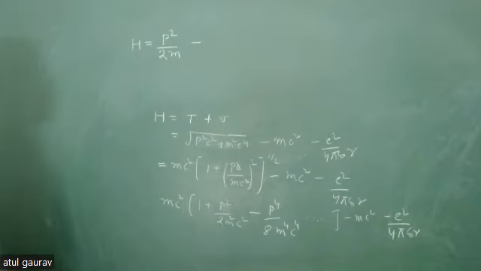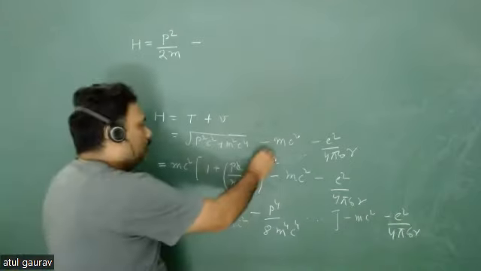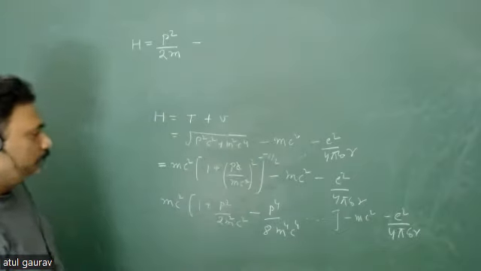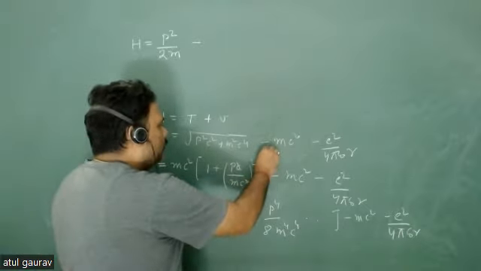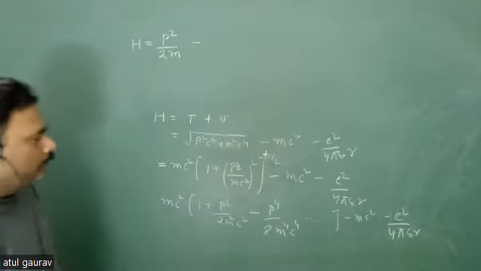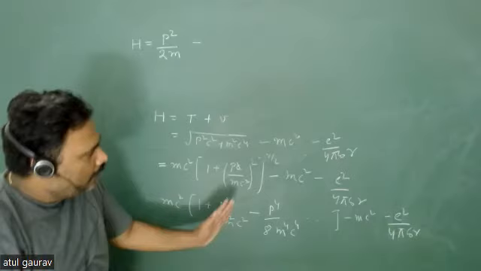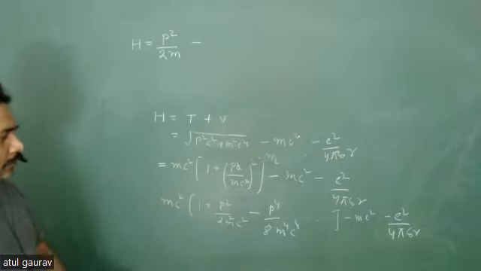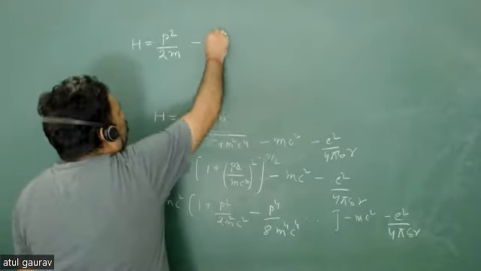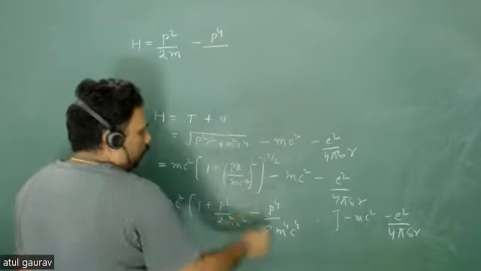Negative will come here, this will be minus half. No, it will not be minus half, it will be plus half. Sorry, this will be plus half, and this will be negative. Don't worry, half, minus 1, minus half, this is how you take it in the Taylor expansion. That will be negative. So that value is equal to P to the power 4